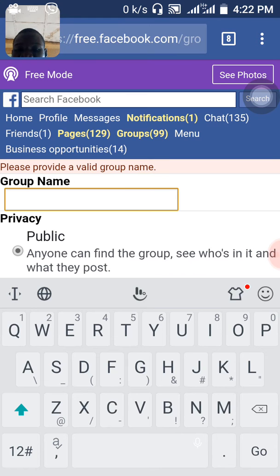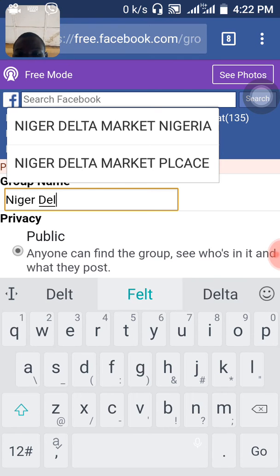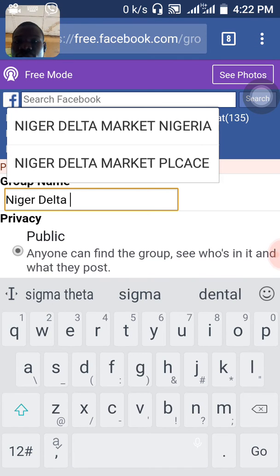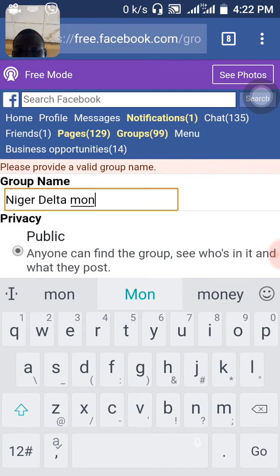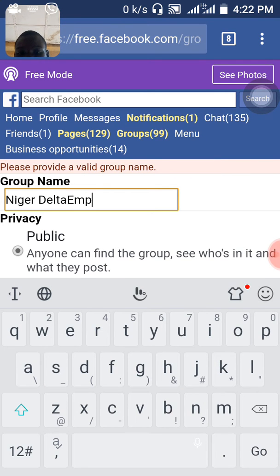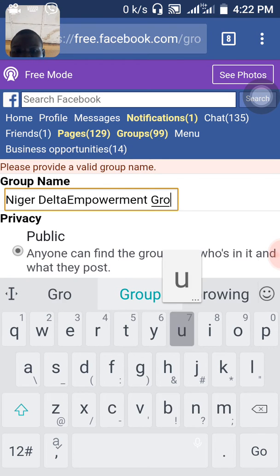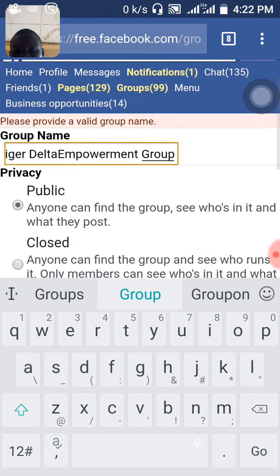So Niger Delta empowerment group. You see Niger Delta empowerment group.